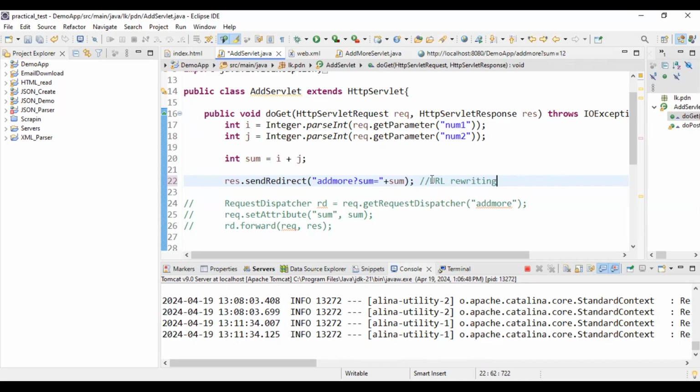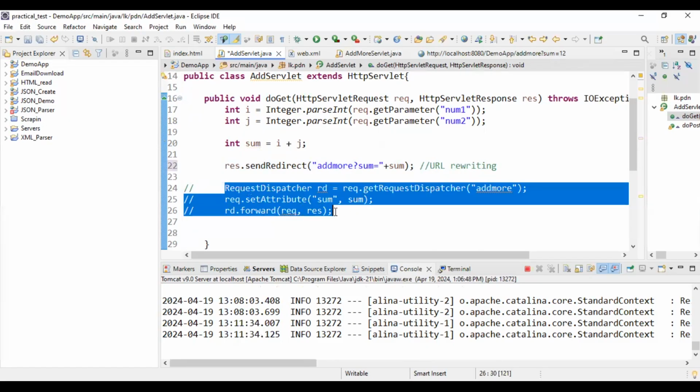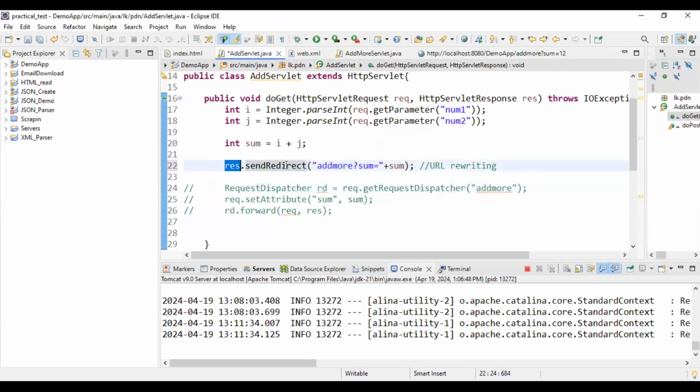This is the second method. We can use more than one servlet for a specific project. First one is request dispatcher. Second one is URL rewriting. There are two different methods for two different scenarios. In request dispatcher, it is using a single request object and response object, and the client doesn't know where you are getting the result from. But in redirect or URL rewriting, the client knows, because the client sees your URL is changed